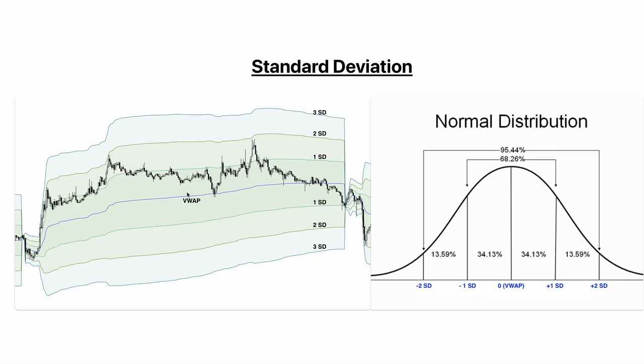So in VWAP, the middle band represents the average, which is similar to the peak of the bell curve, and the upper and lower bands at 1 SD indicate a range that encompasses most price movements. You see here on the distribution, 68% of all price movements will fall within these two bands. That simply means that the market generally spends its time in between those bands and doesn't go beyond them. So just like the width of the bell curve, the bands tell you where price should be most of the